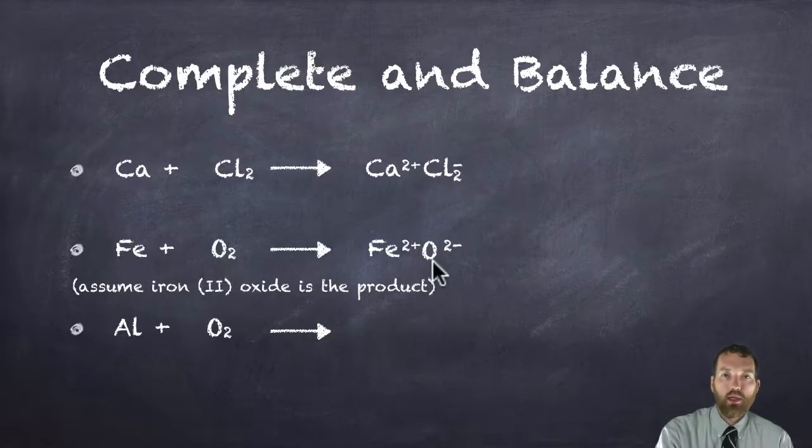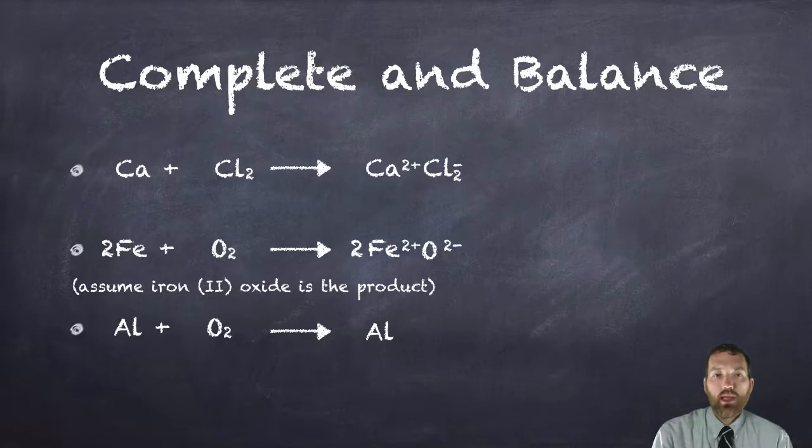On the right, I only have 1. So I'll put a little 2 here, but this changes my iron, so I need to put a little 2 there. Okay, and the last one, we're going to combine the Al with the O. So AlO, Al gets a 3 plus charge, O gets a 2 minus charge. Then we crisscross,